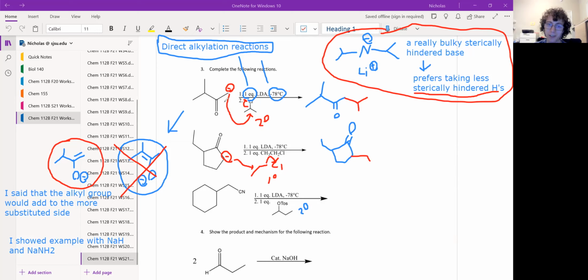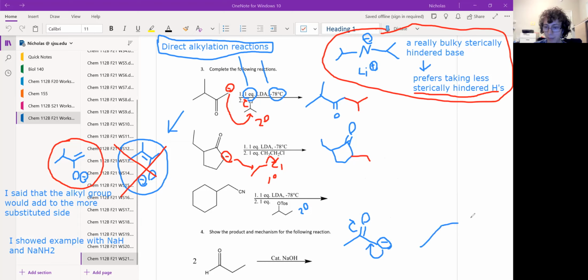This will still react similar to a ketone, because what's special about ketones, and other carbonyls in general, is that if you draw this enolate, remember we can draw a resonance form with the carbonyl,